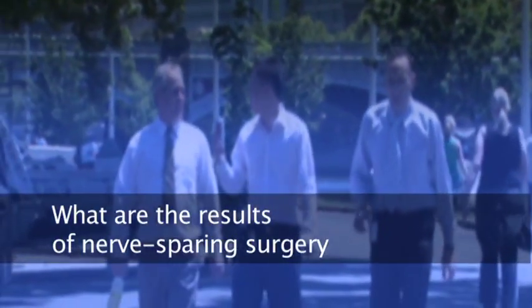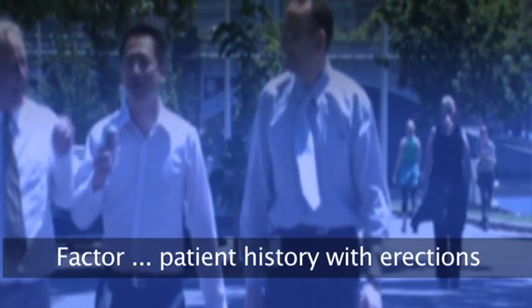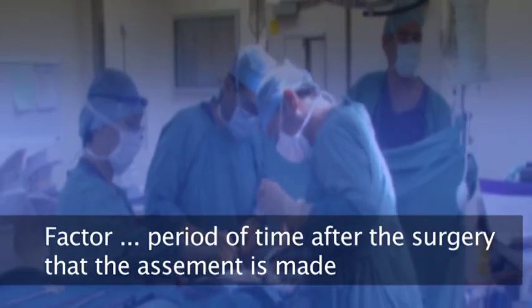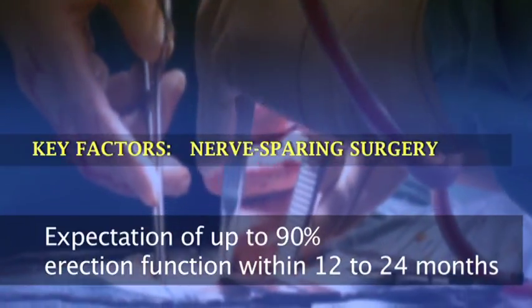So what are the results of nerve-sparing surgery in expert hands? It very much depends upon the age of the patient, what his erections are like before the procedure, how experienced the surgeon is at nerve preservation, and how long after the surgery one makes the assessment. The ideal situation is a young patient who was fully potent prior to the surgery performed by an expert surgeon. In this setting, one can expect up to 90% recovery of erection functioning within 12 to 24 months. Overall, nerve-sparing surgery in large series has resulted in approximately 50% of patients recovering a reasonably good degree of erection